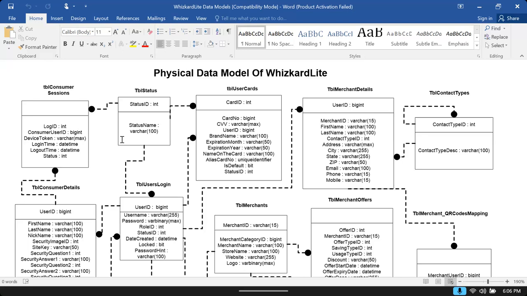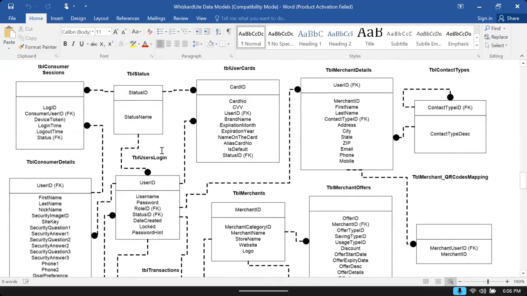Some modules are not related with others. Some modules have relationships. For example, we have a categories table and we have a products table. Every product belongs to a category, but the category table is separate, the products table is separate. That means we have a relationship between categories and products. Because when a user selects a category, I want to display all the products that belong to that category. That means we need a relationship. We need to identify the relationship. That model is called as logical model. This is the logical model.